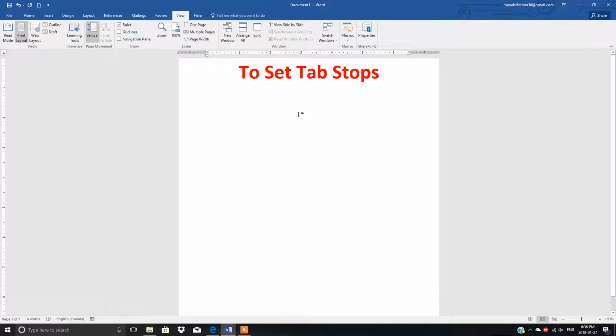In this lesson, I will explain to you how to set tab stops in Microsoft Word. So you have to set the tab stops on the ruler. A tab stop is a location on the horizontal ruler. So this is the ruler that tells Word where to position the insertion point when you press the tab key